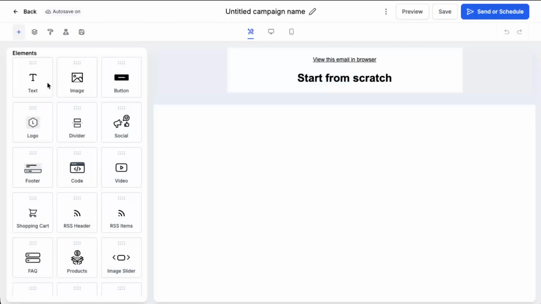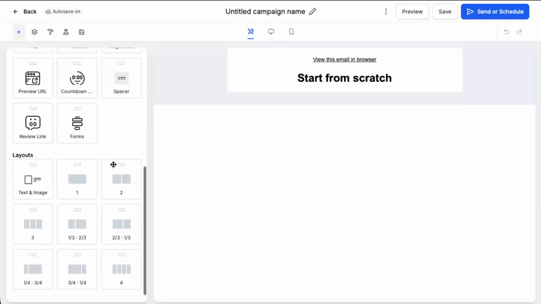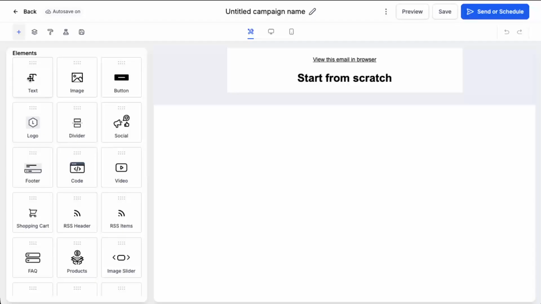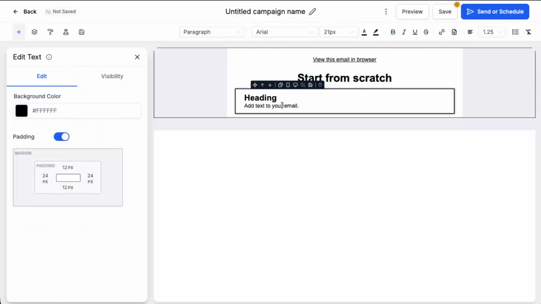Once the editor opens, you'll notice a panel on the left-hand side. This panel contains all your elements, such as text blocks, images, buttons, and dividers. You can drag and drop any of these onto your email canvas in the center. For example, click on a text element, drag it onto your email, and drop it where you want it to